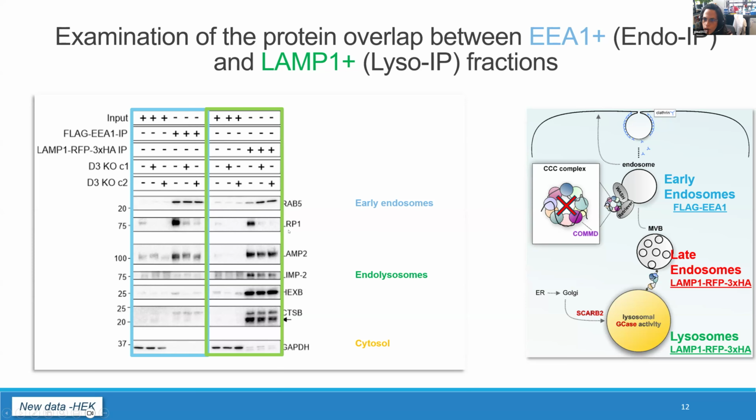Then we have LRP1. This is a plasma membrane protein recycled via the early endosome, and you can see here it is present both in the early endosomal and late endosomal fractions. But let's say this could be explained because it goes there for degradation. But then we also saw a very good enrichment in the later endosomal fractions for LAMP2 and especially LIMP2 and some luminal proteins, including HEXB, cathepsin B, and I can tell you the same is the case for GCase, progranulin, and prosaposin. So basically, what does this tell us?